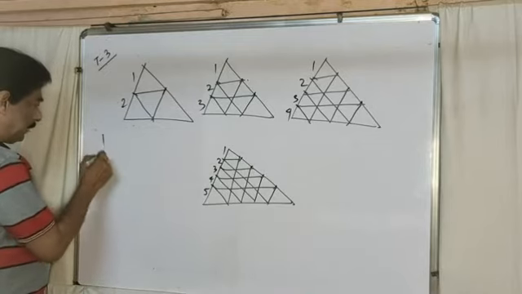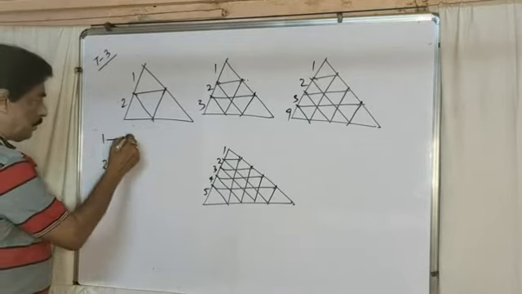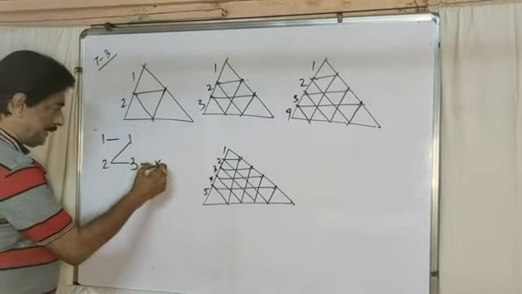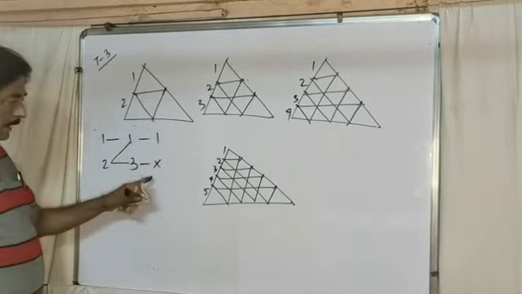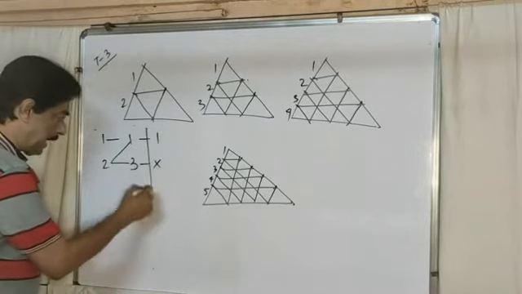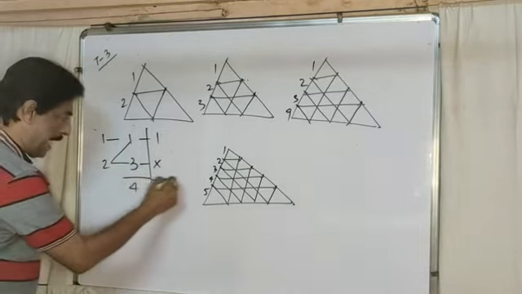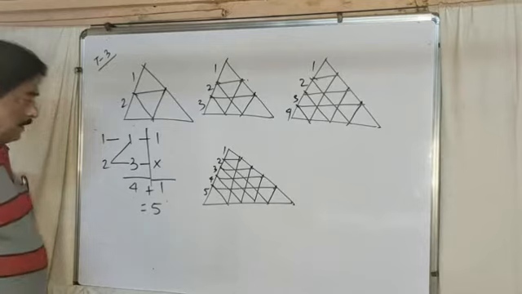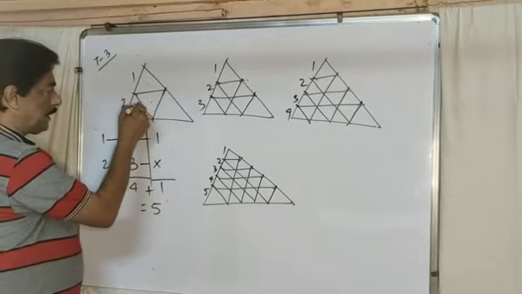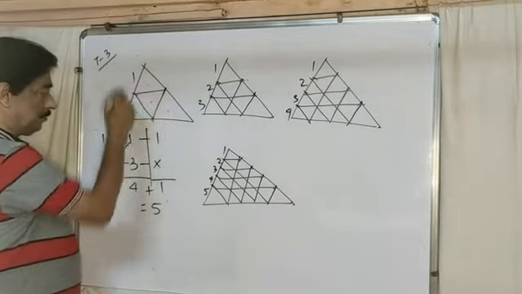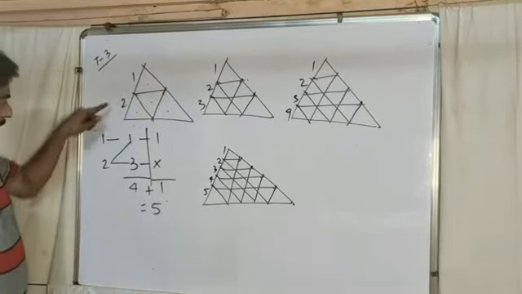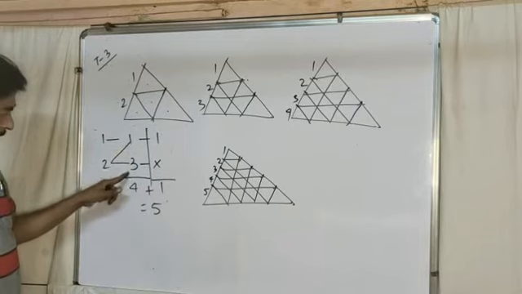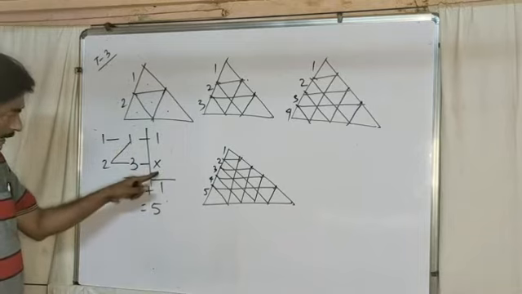First of all, write 1 and 2. Second, 1 copy 1, 1 plus 2 copy 3. Now first skip, then copy, remember it. First skip, then copy. Now if I add this thing, these are 4. If I add this thing 1, if I add these 2, you can get 5 triangles. Now observe. 1 triangle, 2 triangle, 3 triangle, 4 triangle, and these are 5 triangles. What is the rule? First write 1, 2, 1, 2. 1 copy 1. 1 plus 2, cumulative, 3. Now go right side. Skip, then copy.